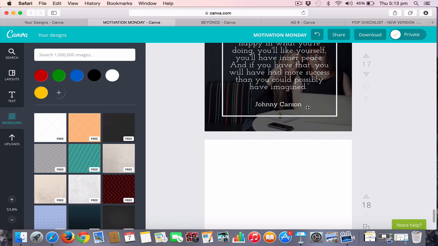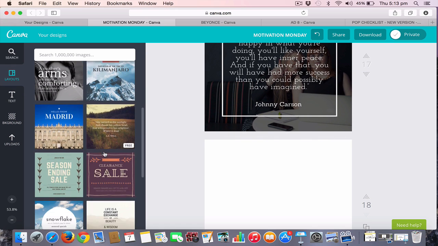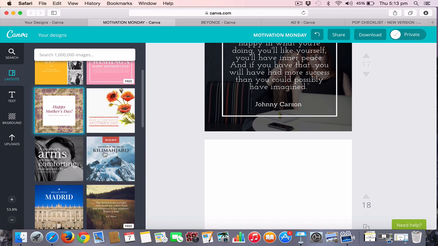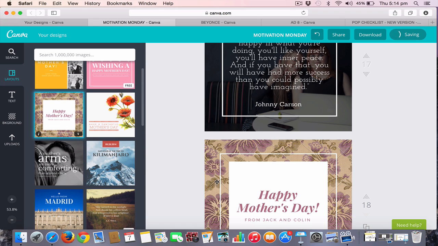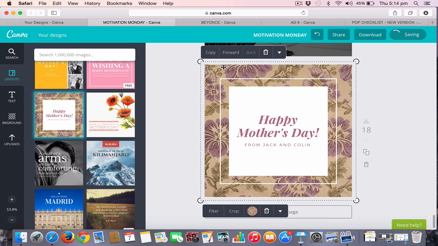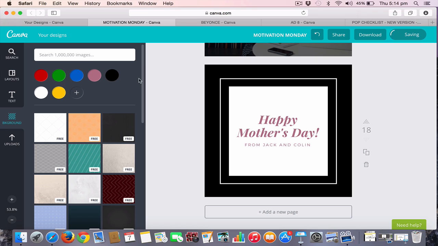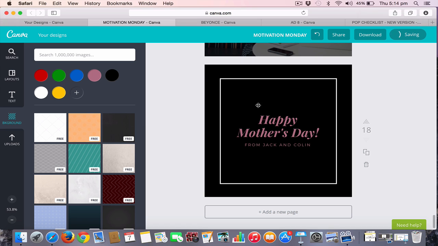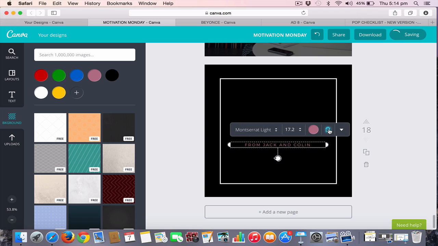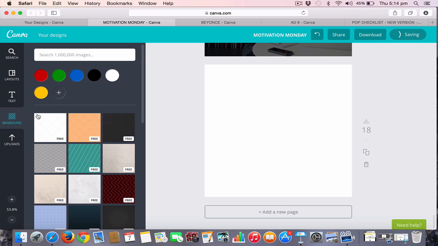All right, so to create this border, what you can do is you can actually choose a pre-existing template. So just find one with a border that you like. So I'm just going to choose this Mother's Day one and edit out the elements I don't want. So I'm going to get rid of this background here, but just so I can see what I'm doing, I'm just going to make it black. I'm going to get rid of this image here. I'm going to delete that text, and I'm going to delete that text. Okay. So now that I know I have what I need, I'm going to delete this background